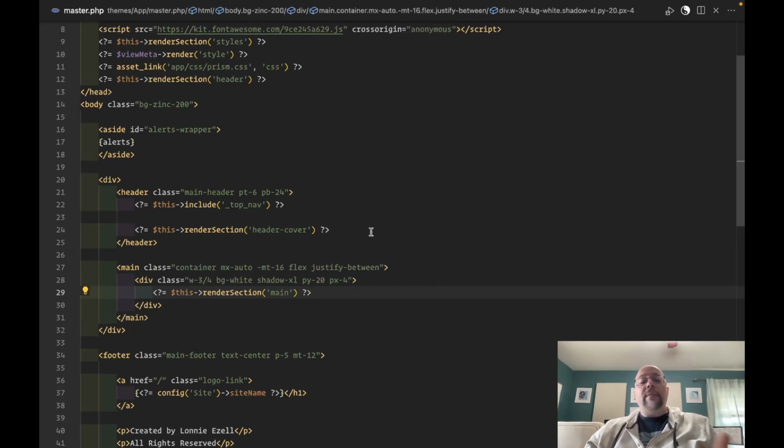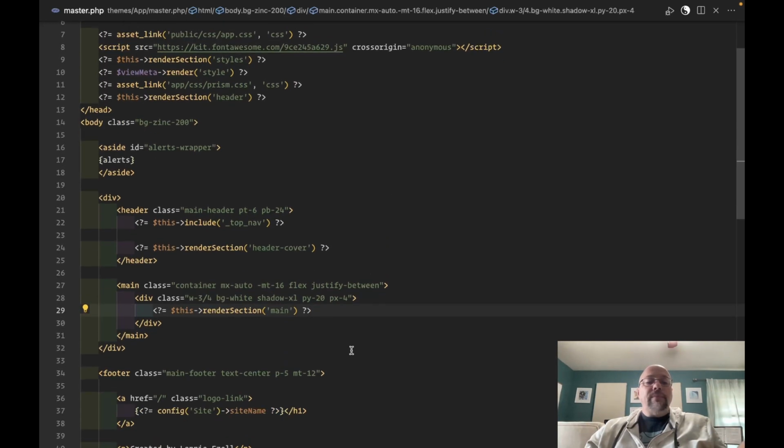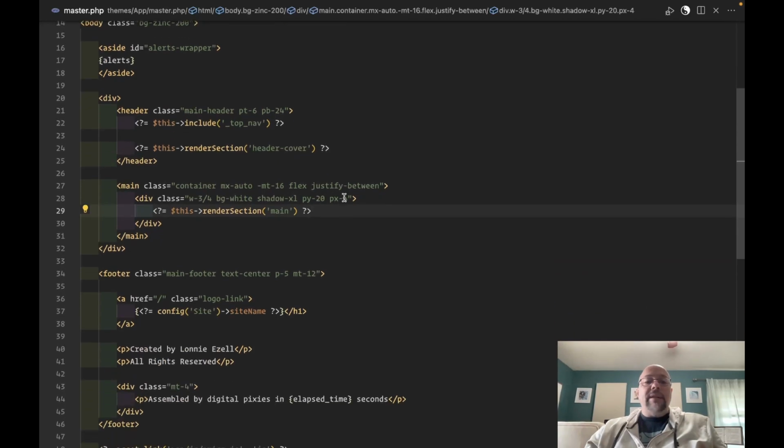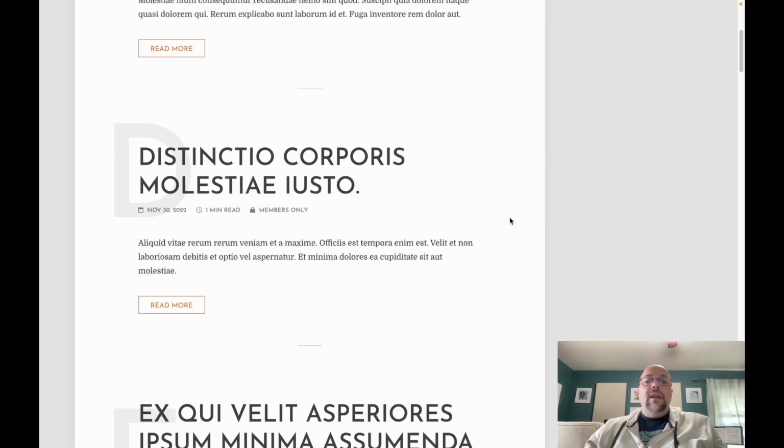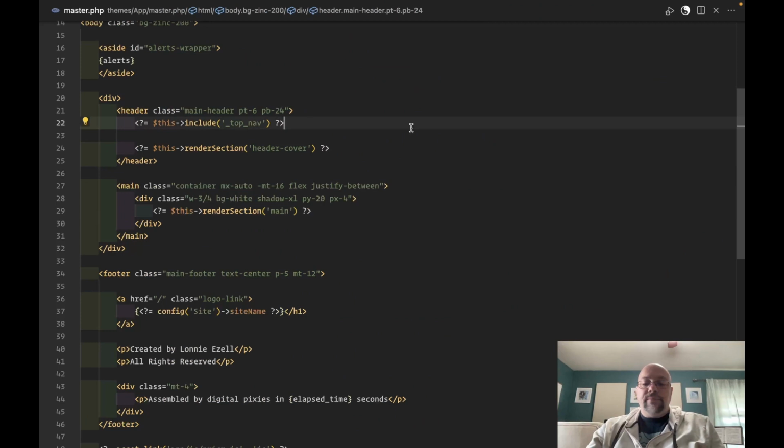Those view cells, I'm not using yet. I will though. We'll cover that in a different video. But view cells and view layouts are my two favorite things with the view system in CodeIgniter. So that's really it. This is just our master template, right? It gets everything so that all of this stuff is handled on every page just by saying